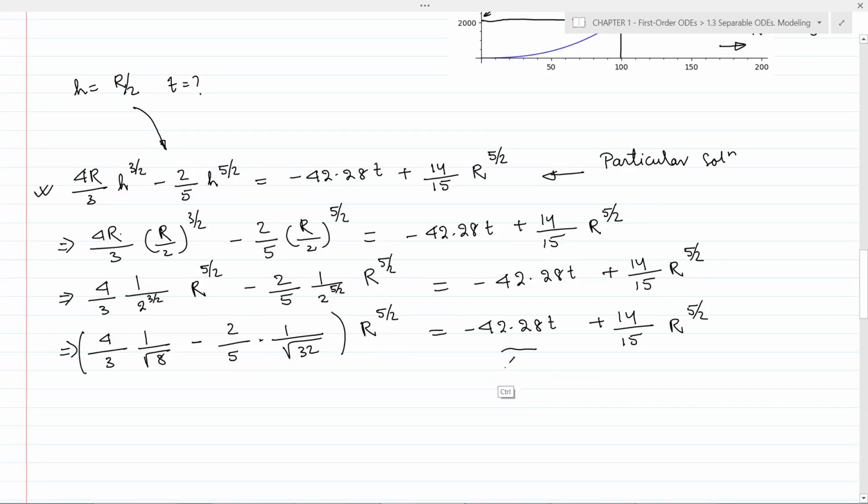We can take this term to the left hand side and all these terms to the right hand side, and we can write